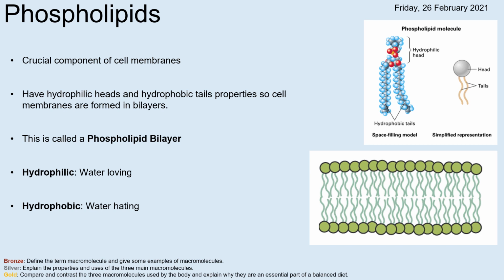Okay, so here we have phospholipids. Phospholipids are a crucial part of cell membranes. They have a specific shape, with a head and two tails. The head is hydrophilic, which means water loving, and the tails are hydrophobic, which means water hating. So the water-loving heads will be attracted to water and water molecules, and the water-hating tails would be